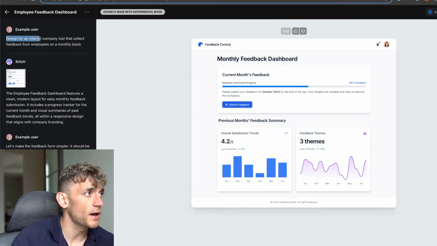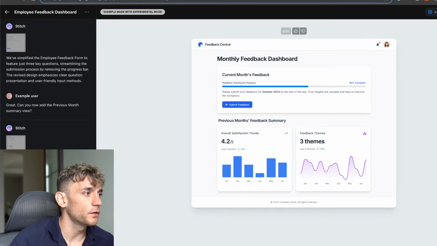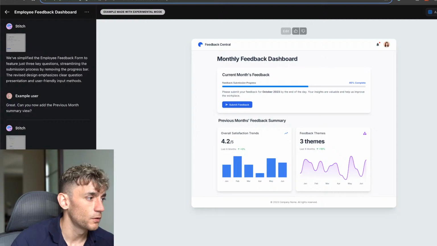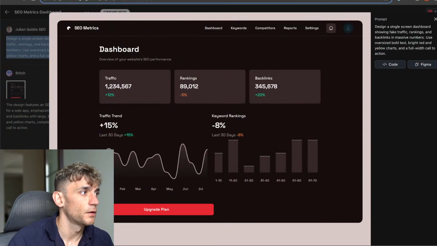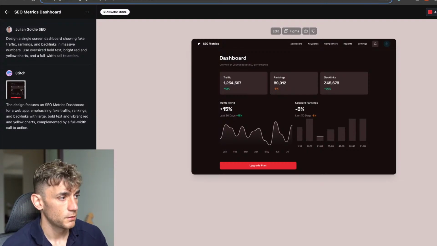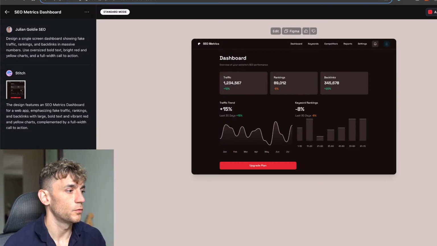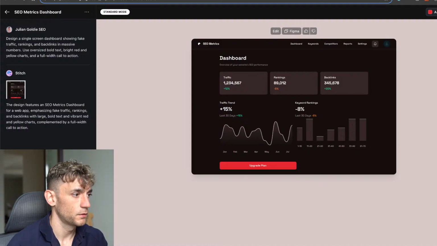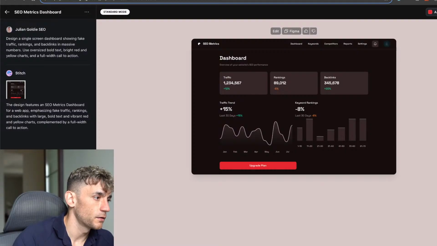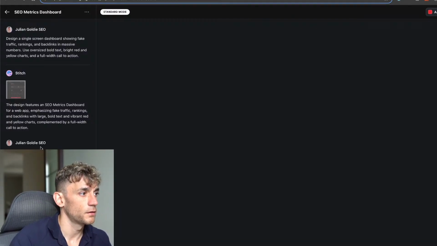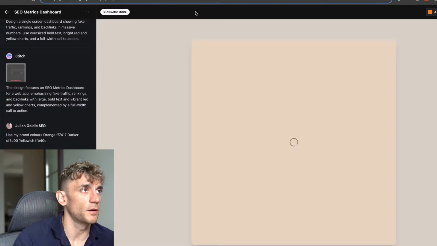So the prompt for this was design for an internal company tool that collects feedback from employees on a monthly basis. And then you can see the output right here. Now, what you can also do is if you want to give feedback or change it and that sort of thing, then you can go back to the app that you've built. And you can say, okay, create this in white, or use my brand colors. And then just give it the brand colors that you want to work with. You can also click on the AI here. And then it will just start building that out for you.